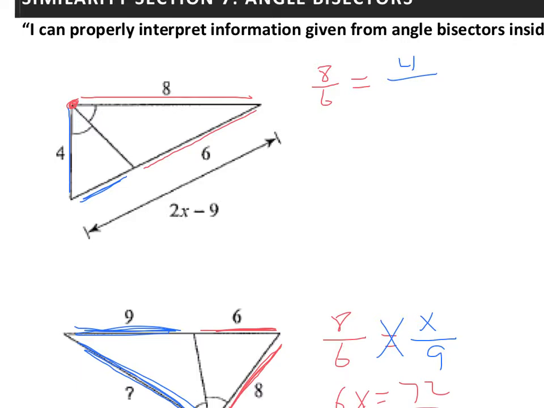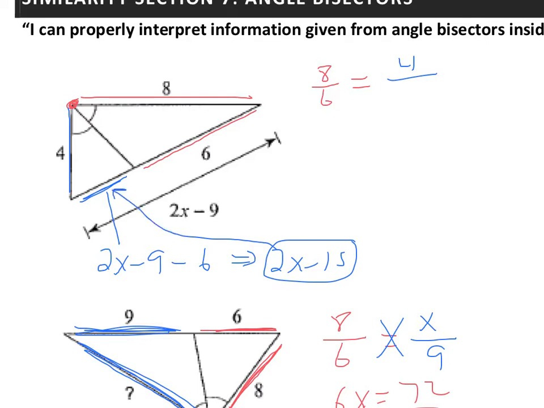And that detective work will say, well, if the whole thing is 2x minus 9, and this length is 6, then this piece right here is going to be the whole length, take away the 6, which is actually then 2x minus 15. That represents this piece right there. So if I put that in,